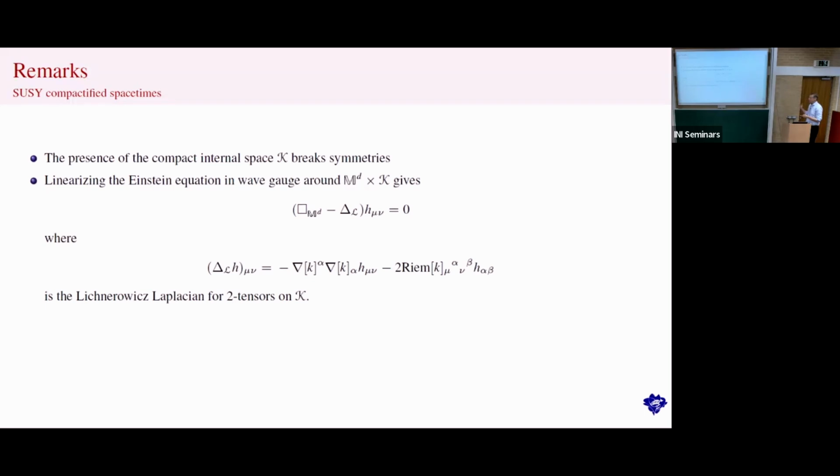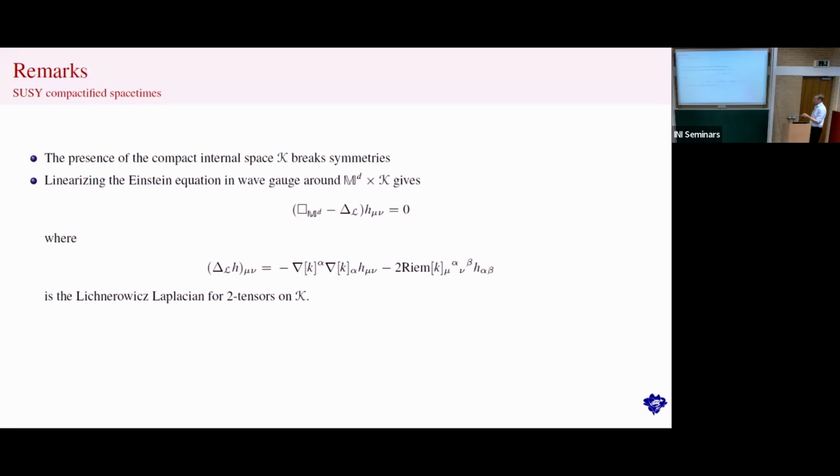And to actually do analysis, you need to use the hidden symmetry or the higher order symmetry related to the Carter constant. Here, the Calabi-Yaus typically don't have any Killing fields. So you need symmetries to do the analysis. In this case, the rescue is that you can use the Laplacian of this compact factor as another symmetry operator. And so if you look at the linearized Einstein equation, in wave gauge, you end up with